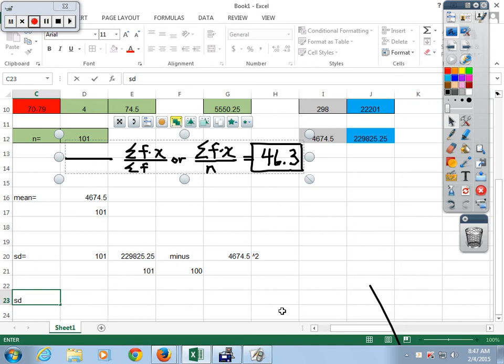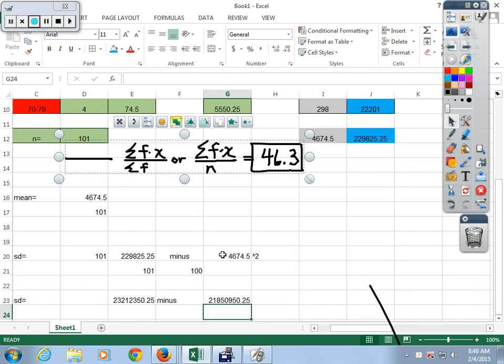So let's check those numbers. First one is going to be 101 times this number, another number, and then this number raised to the second power. What should you know about the first number and the second number? What's the relationship? Why? So you won't take the square root of a negative, which will make your calculator blow up